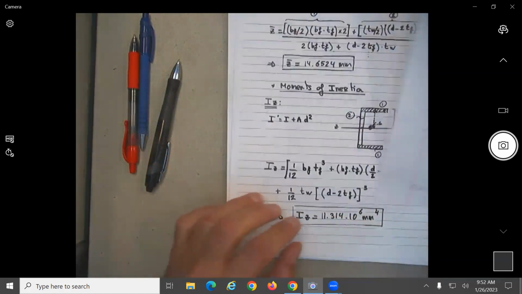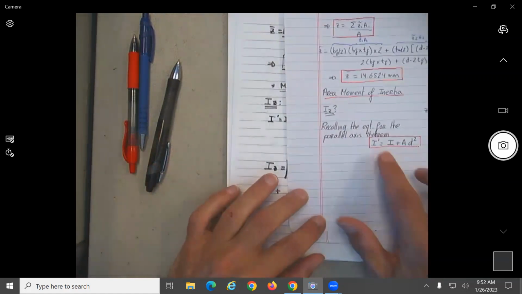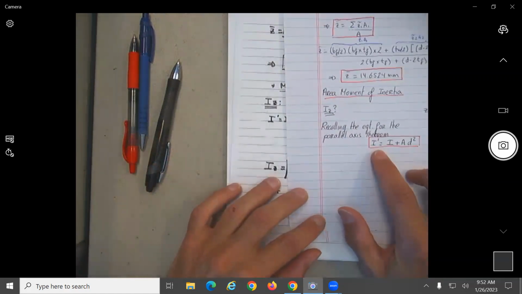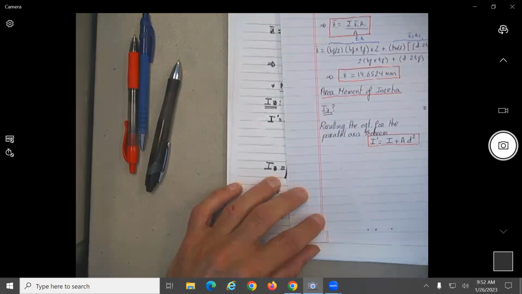About the properties, and we stopped at the point where now we need to find the area moment of inertia. So we need to find what? The area moment of inertia to see the bending in this axis, up and down, and then we have to find the IY to look at the bending in this direction, since we have moments in both MY and